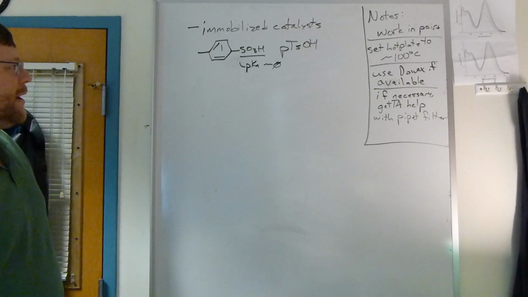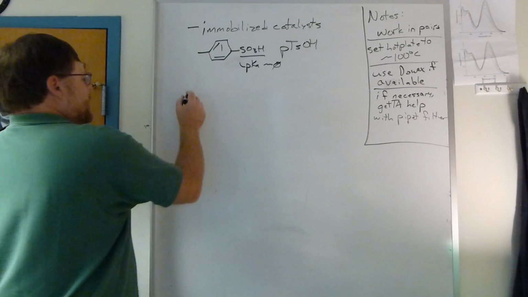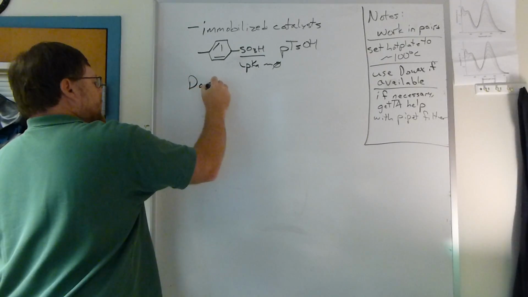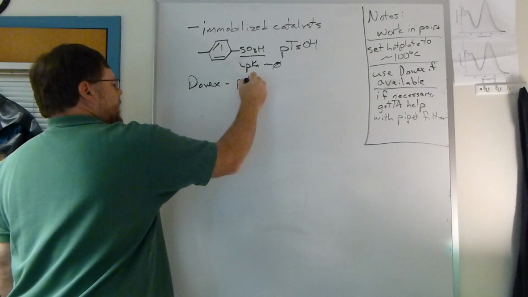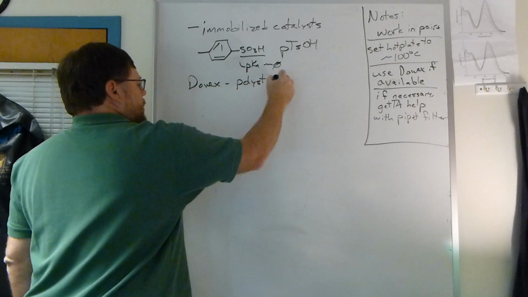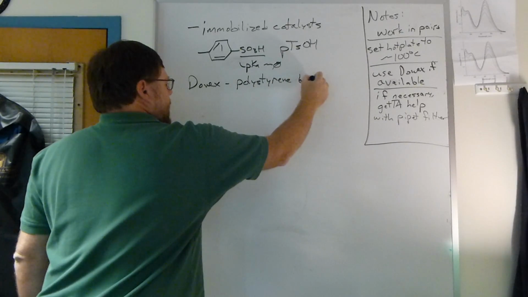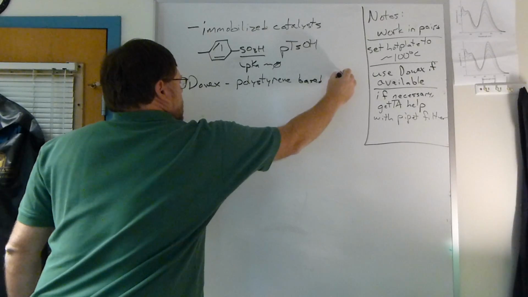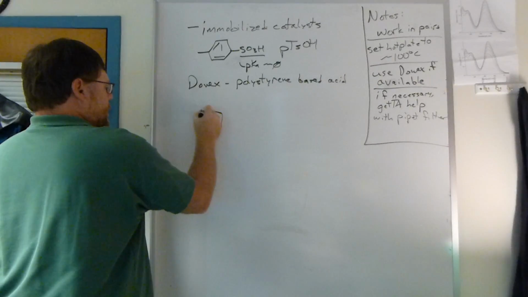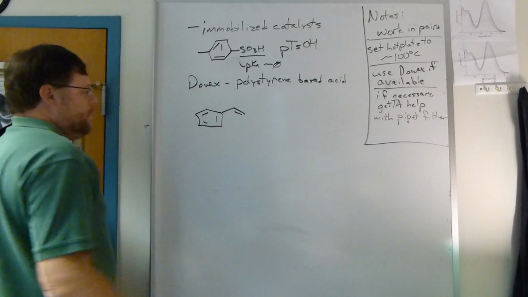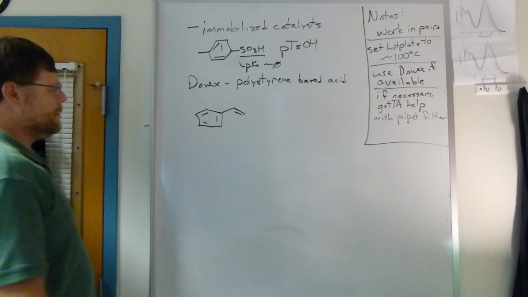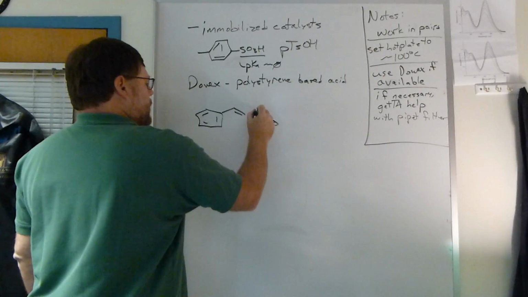So para-toluene sulfonic acid. The acid you're going to use today, Dowex, is a polystyrene-based acid. Okay, so to make polystyrene, we take styrene, that's styrene, you've heard of polystyrene, we initiate this